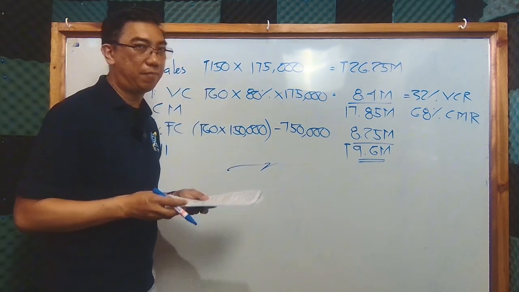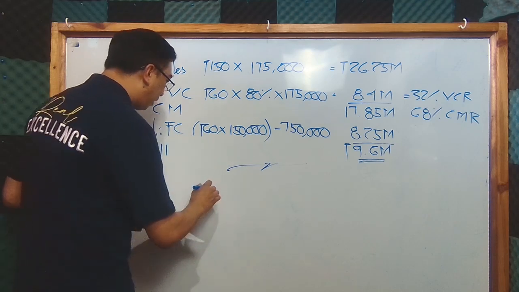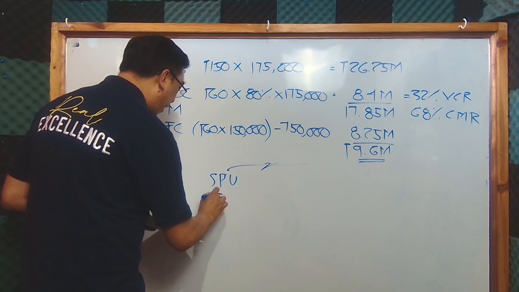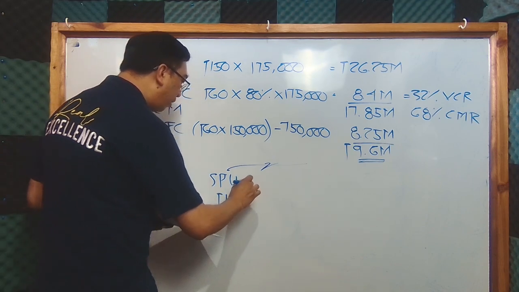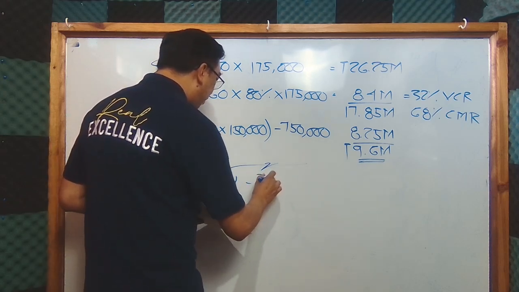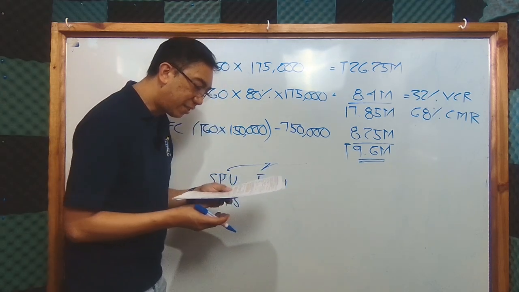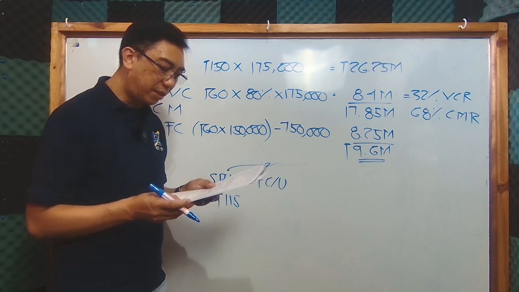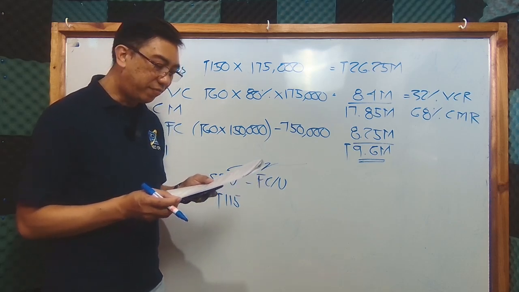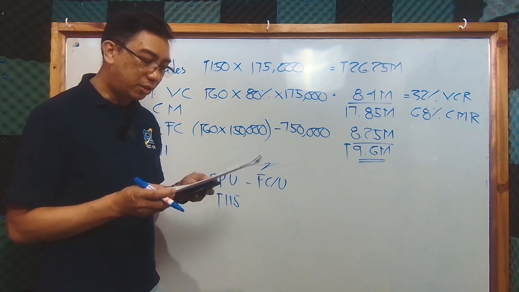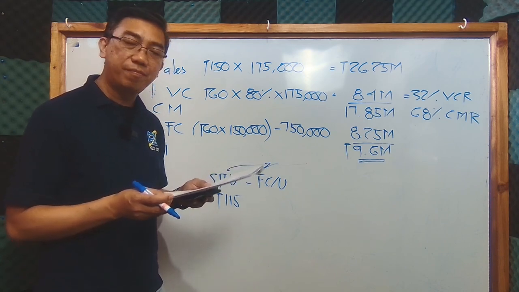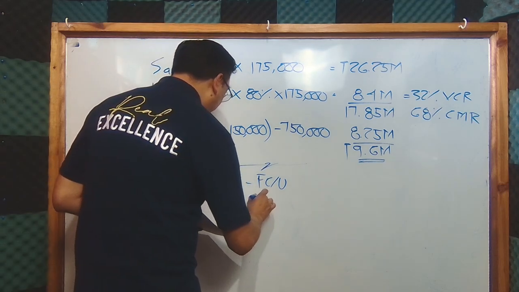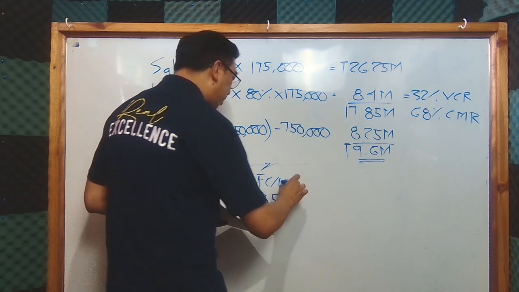Magkano yung kanyang target selling price? Ang target selling price class, ganito lang yan. So, SPU, principal selling price per unit is 115 minus fixed cost per unit. So, class, magkano nga ba? Magkano yung total fixed cost niya? 3.5 million. Arising from sales of 100,000. So, that's 3.5 million divided by 100,000. The fixed cost per unit should be 35 minus 35 minus profit